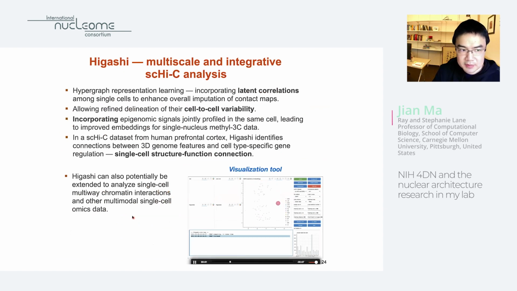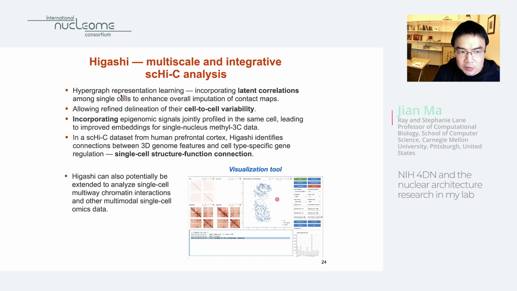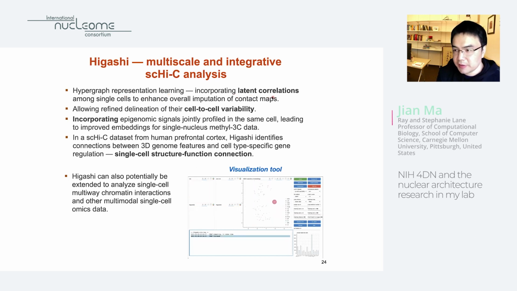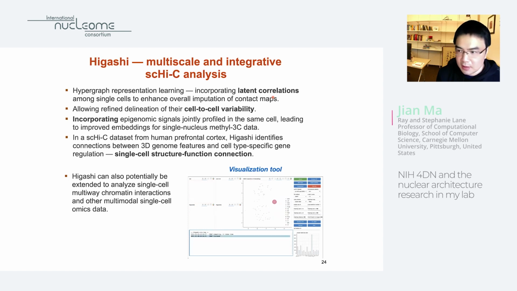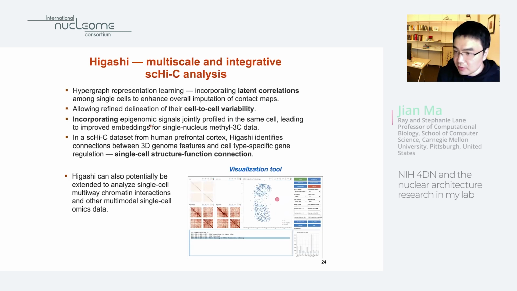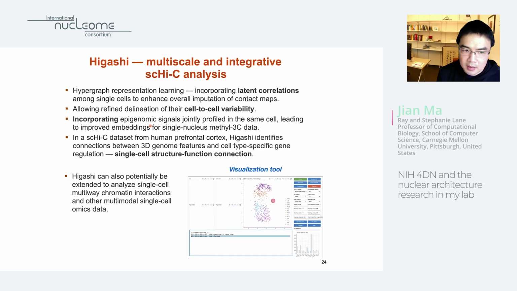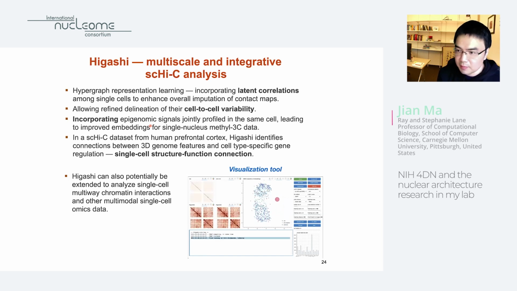So this is the summary of Higashi. It's a new machine learning approach that incorporates latent correlation among different cells for data imputation. And this is a more advanced approach to delineate cell-to-cell variability from single cell Hi-C data. I didn't elaborate too much, but it does have the advantage of incorporating signals jointly profiled in the same cell, for instance, methylation from